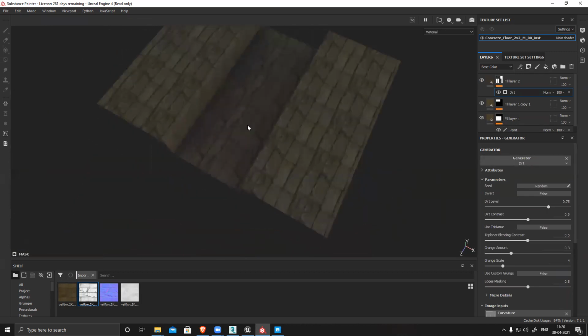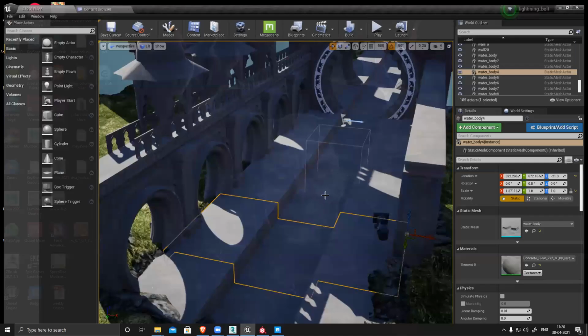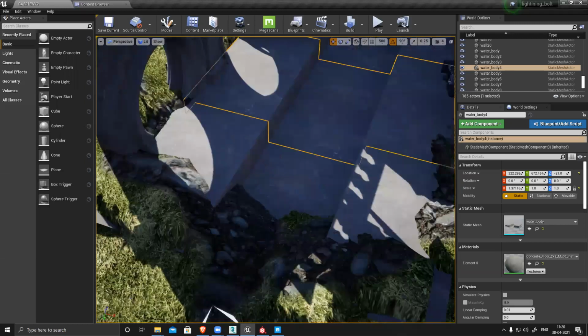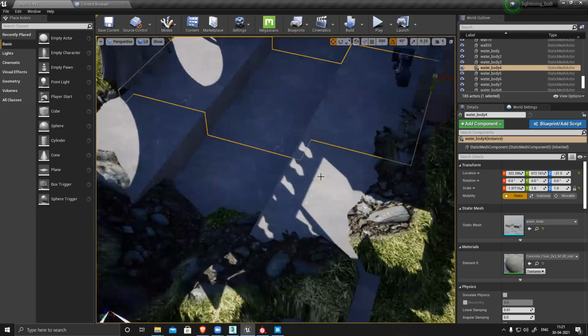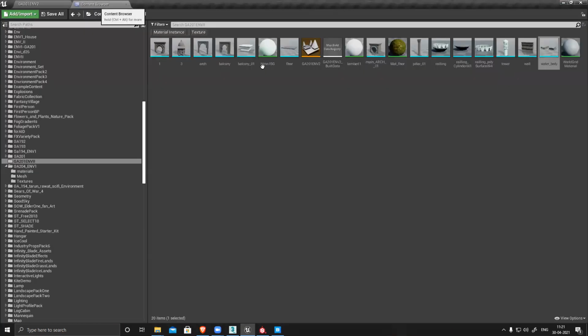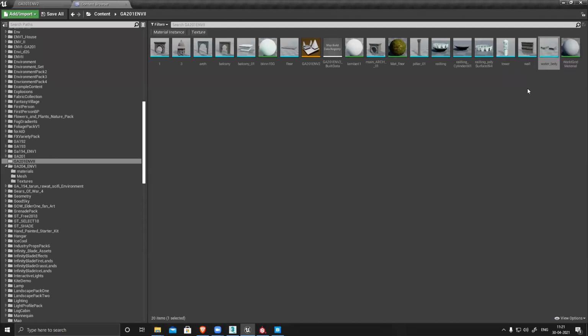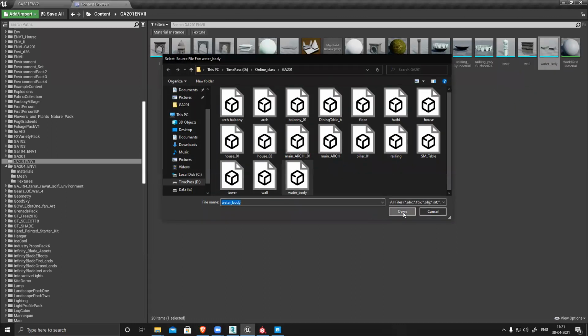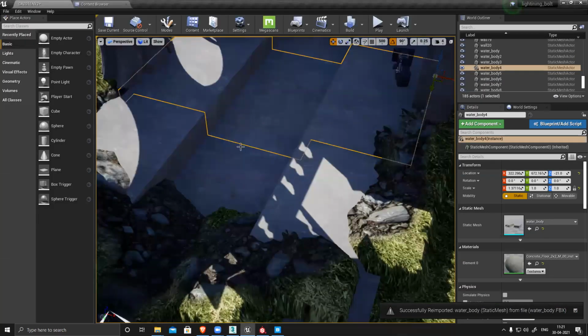But what if I want to use it directly in Unreal as a tile level map, which is preferred for this kind of surface? So for that, if I can import it, let's see. First, I have to import my mesh, like a UV mesh. Re-import water body, open. Reset to FBX. You can see it's fine.